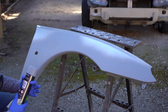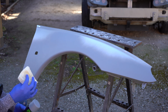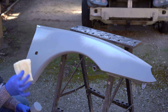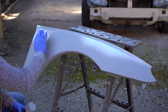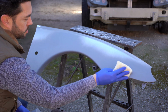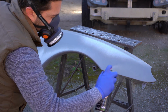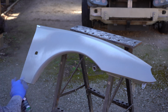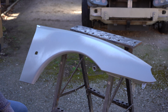Right, I'm going to try and put on one last coat of primer. Now, I'm almost out of this, so it might not make it. In between coats, I am also using this tack cloth, which is going to pick up any loose debris that might have settled in between drying times. Right, so I'm going to leave that to dry a good 15-20 minutes, and then I'll come back and do